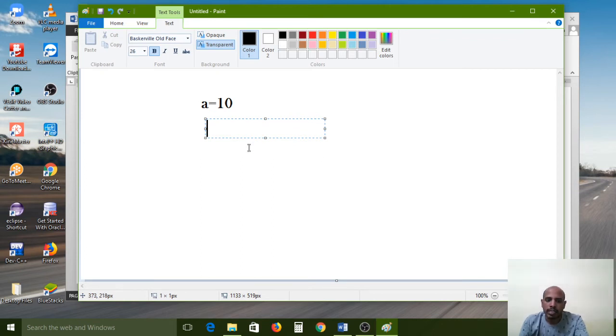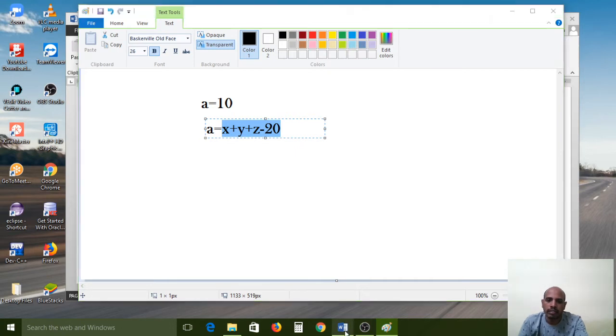And if you want to assign an expression, meaning a is equal to 10 plus 20 plus 30, or x plus y plus z minus 20, this entire expression it will first calculate. After that, it will get some result after evaluation. This entire expression, x plus y plus z minus 20, it will first evaluate, and after that it will get some result. That result will be assigned to the variable a. And this entire format is called an expression. That is the meaning of the definition.